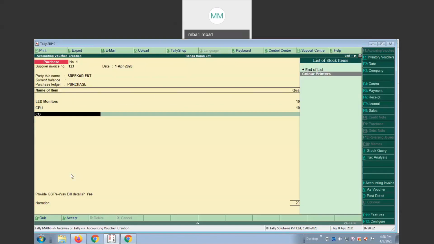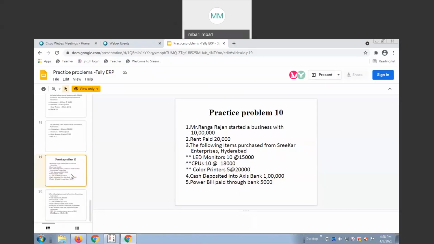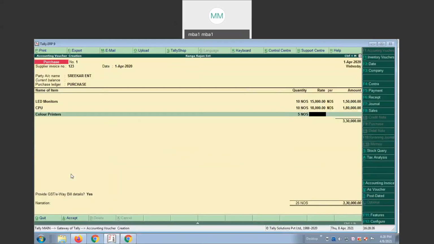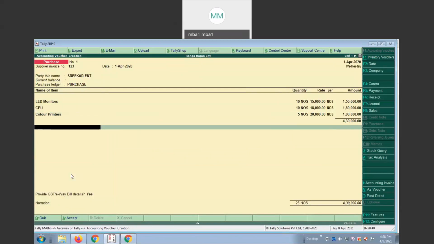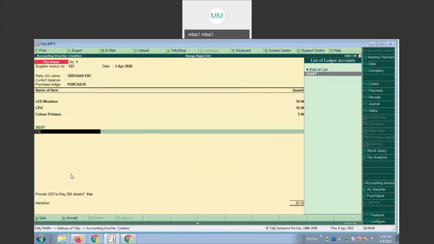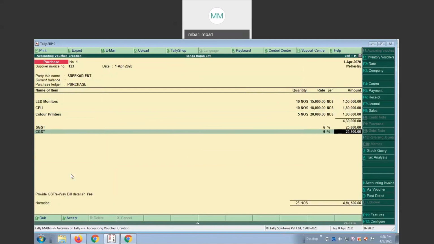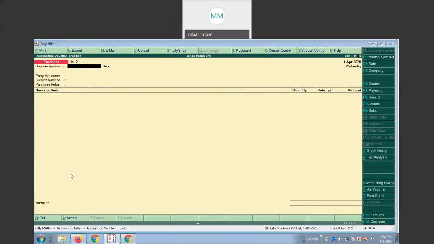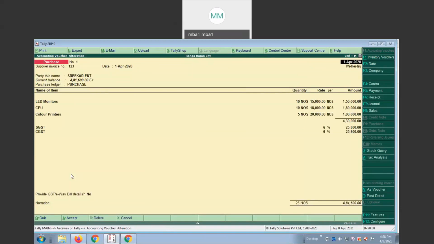Color printers. How many color printers purchased? 5 only, 20,000 each. Now, first SGST. See, automatically it is taking 6%. After that, CGST. Right? Save it. If you want to check that, simply click on page up.